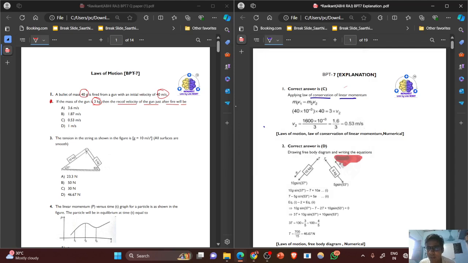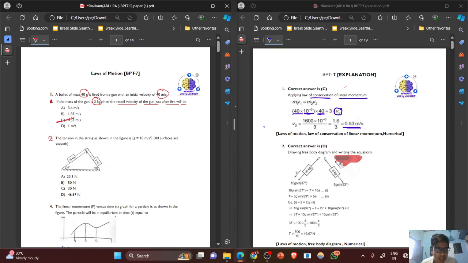As you can see in the solution, applying the conservation of linear momentum, m1 v1 equals m2 v2. Here put the value of m1 as the mass of the bullet, changed into kg, times the velocity of the bullet, equals the mass of the gun times the velocity of the gun. We need to calculate the velocity of the gun, which will come out to be 0.53 meter per second. So your correct option will be option number three. It's again a simple linear momentum conservation question. Now, moving ahead,